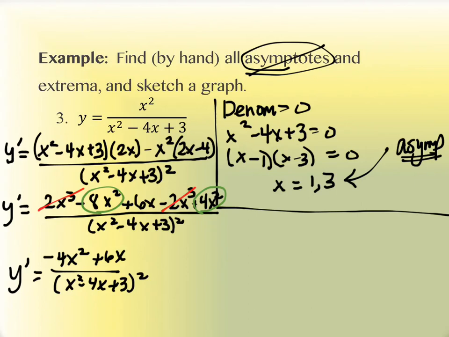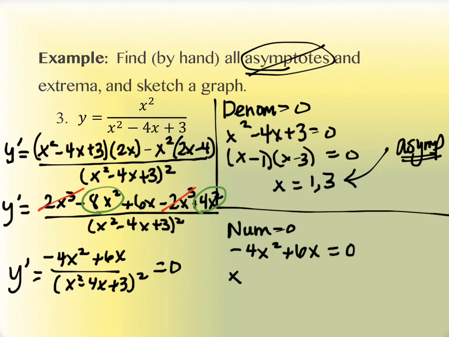Good cleanup of that. All right, now what? We're going to set the numerator equal to 0, right? Okay, so we want to set this whole thing equal to 0, or to be doesn't exist. We don't actually have to do the doesn't exist one, because that's where the denominator is already going to be 0, and we already did that once. I mean, nothing new came about. The denominator didn't change. I mean, we squared it, but it didn't change the factors. So I really just need to know where that numerator now equals 0. So I've got negative 4x squared